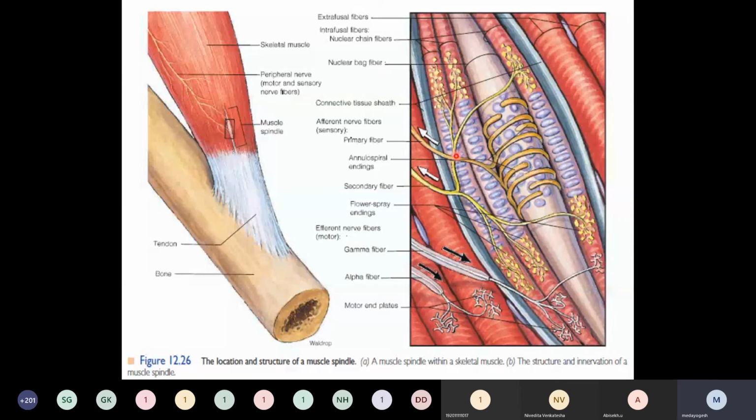Now, when you look at this picture, do you notice something very special here? For this I will ask someone to unmute yourself and tell me what special thing you are noticing here. Look at the diagram for 15-20 seconds.